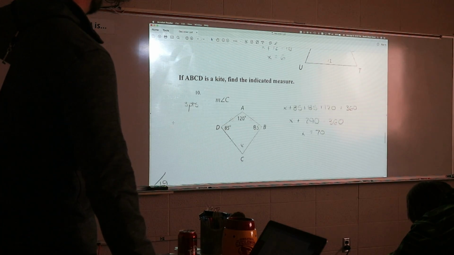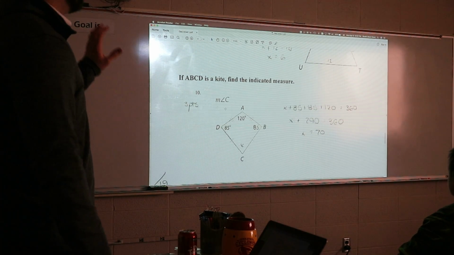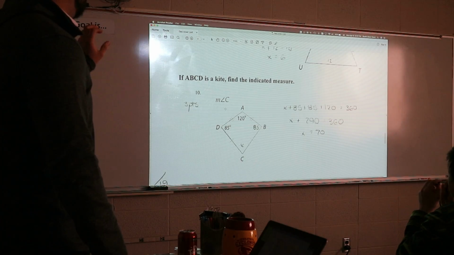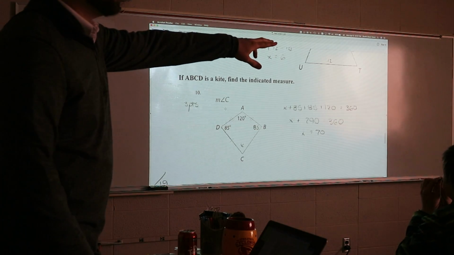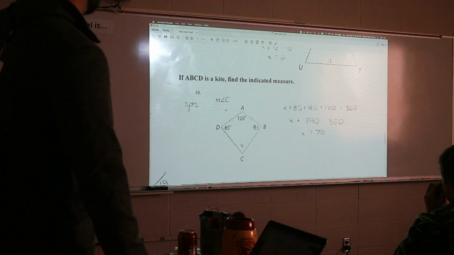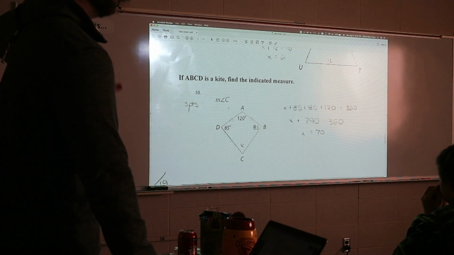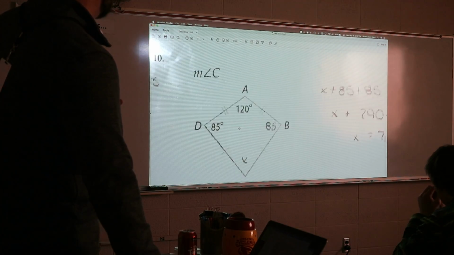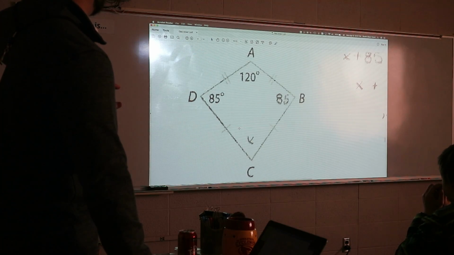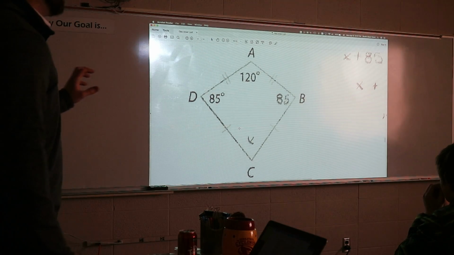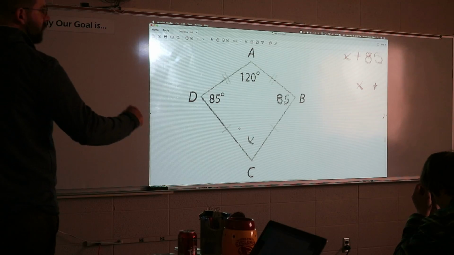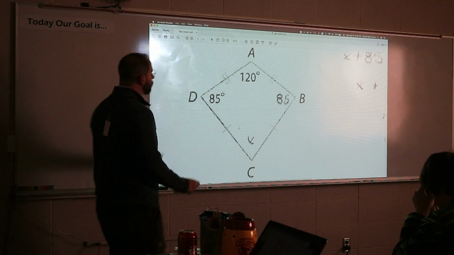10, this is the one that I said earlier, this kite problem, you had to know your Theorem 6.26. That was the one up in the vocab, where it said it has 1 pair of congruent angles. So on this picture, there's 1 pair of angles that are the same, it's the 85. It can actually transfer across. So the reason why I know that